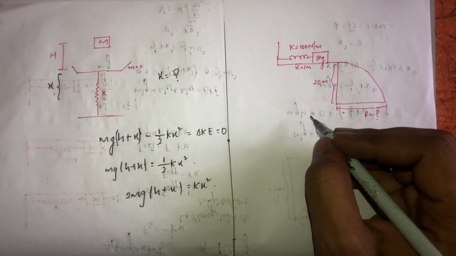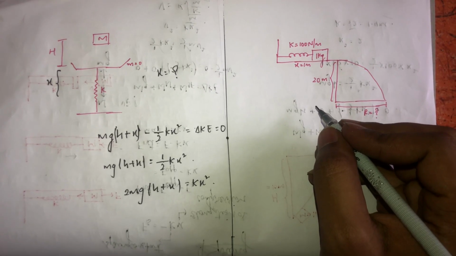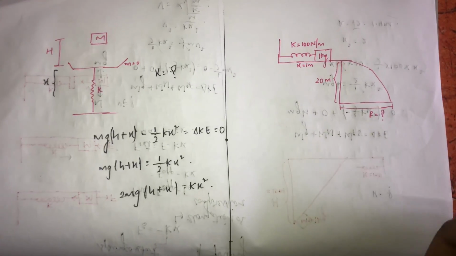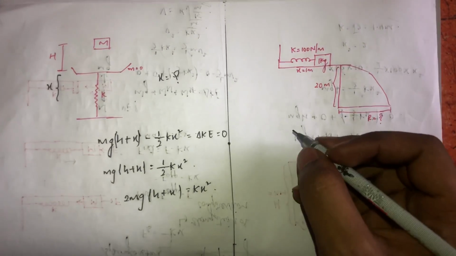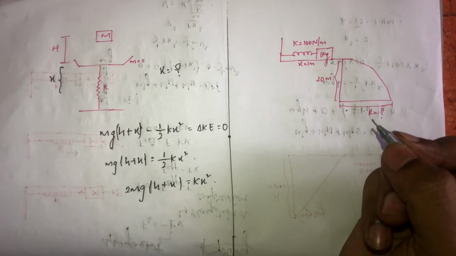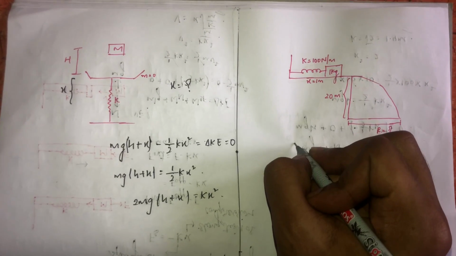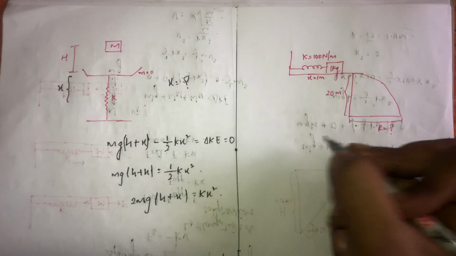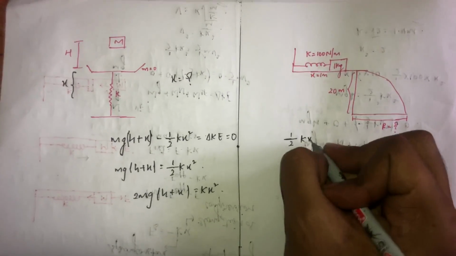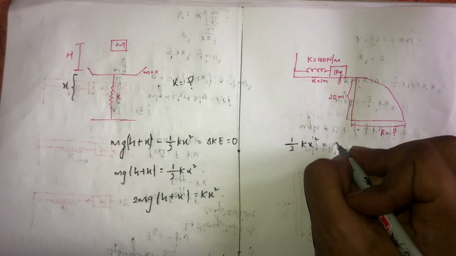Next, here a spring is compressed with the help of a block of mass m, that is 1 kg, to a distance of 1 meter. Then they asked us to find the range of the block on the ground. So here, by applying the work energy theorem, work done due to gravitation is equal to 0 and work done due to normal reaction is also equal to 0. Then work done due to the spring force will be equal to half k x square. The spring is compressed in this direction. Half k x square will be equal to half m v square.